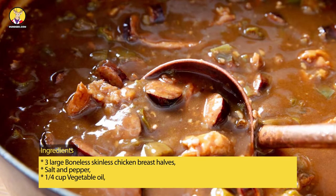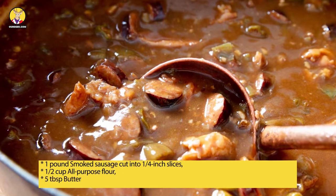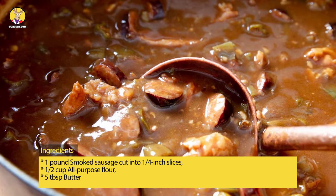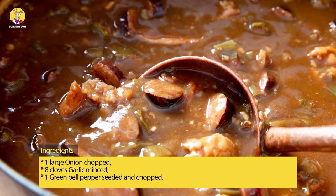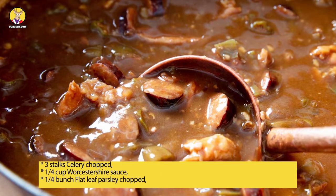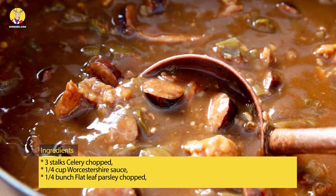Ingredients: 3 large boneless skinless chicken breast halves, salt and pepper, 1/4 cup vegetable oil, 1 pound smoked sausage cut into 1/4 inch slices, 1/2 cup all-purpose flour, 5 tablespoons butter, 1 large onion chopped, 8 cloves garlic minced, 1 green bell pepper seeded and chopped, 3 stalks celery chopped, 1/4 cup Worcestershire sauce, 1/4 bunch flat leaf parsley chopped,